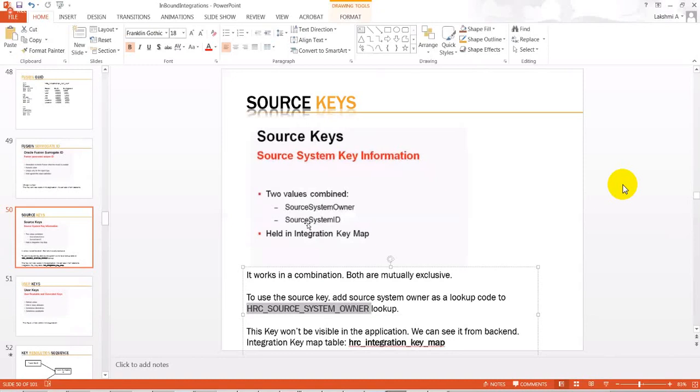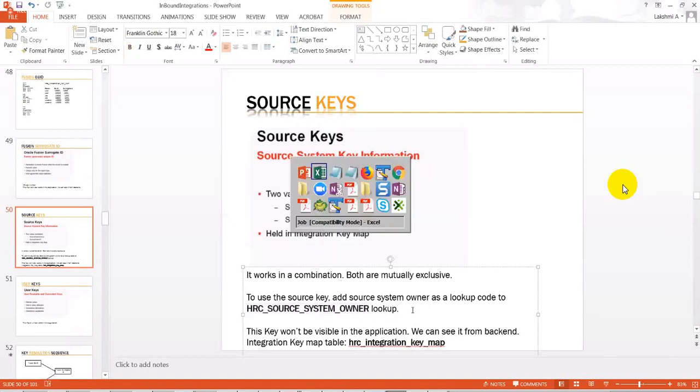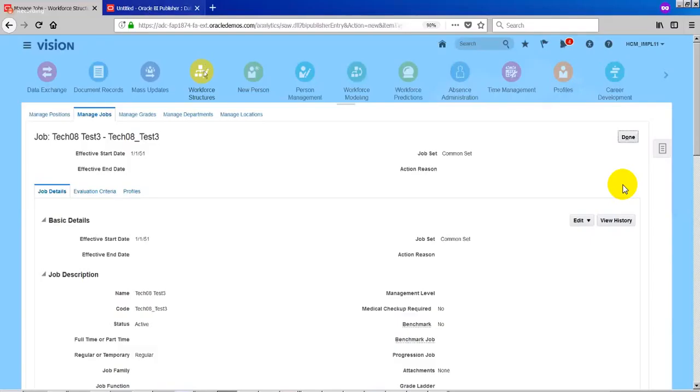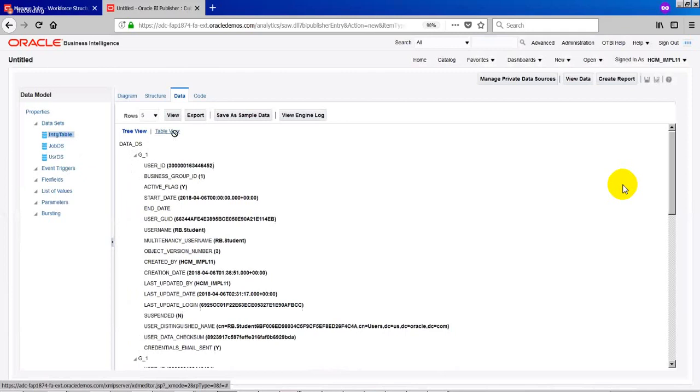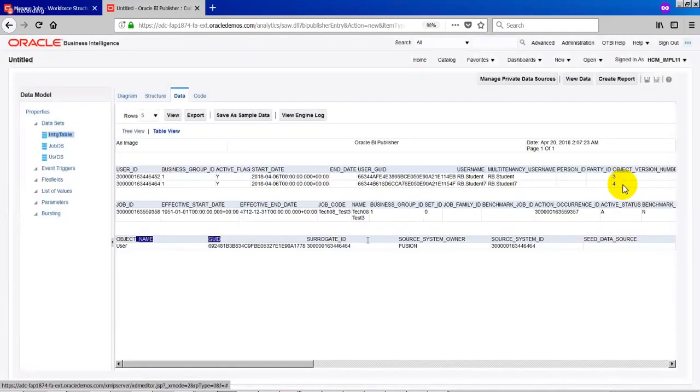So if it is not sent, then it will accept that combination as a unique combination and insert that record in the Fusion applications. So this is again a very important thing. And if you see, this source system owner and source system ID combination again will be stored in the key map table. There are two things here: source system ID and source system owner. These two combinations will again be stored in the